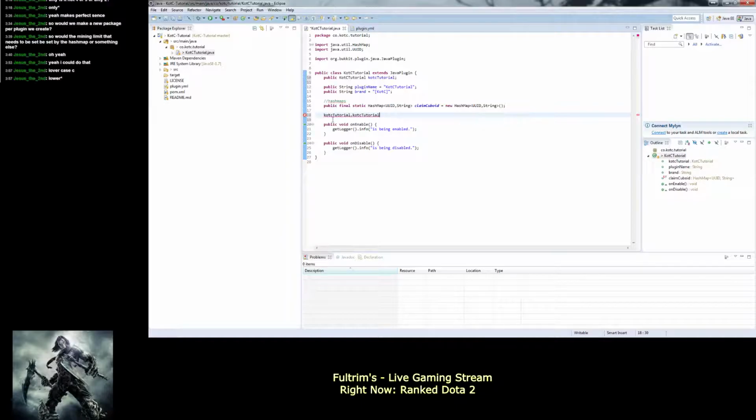If I type this into any other location, it's a double reference. Because I'm inside the file itself, I don't actually need to define what class I'm talking about, because it assumes by default I'm talking about this class. And you don't even need to say this class. So if I typed in claim cuboid,